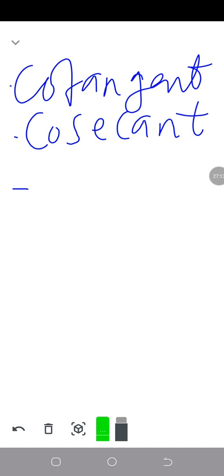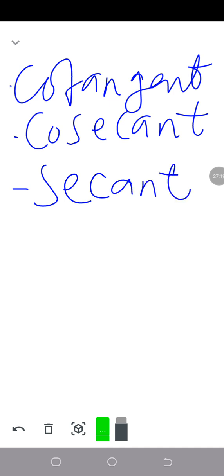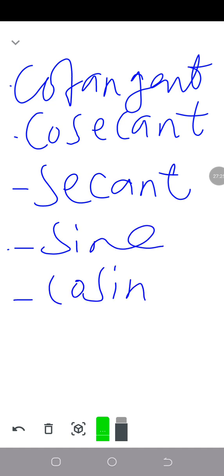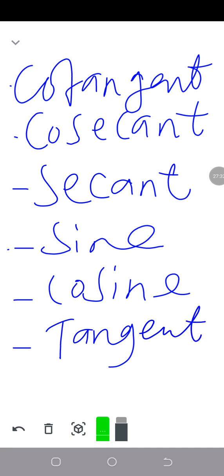We have also looked at secant. Then we have been used to sine, cosine, and tangent. So we now have 1, 2, 3, 4, 5, and 6 trigonometric ratios that we need to work